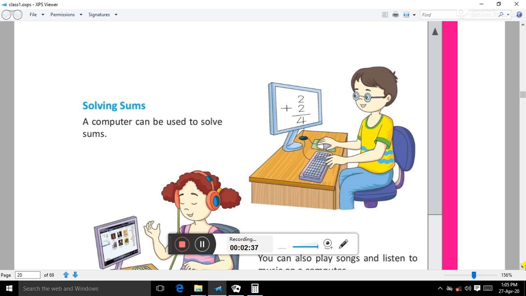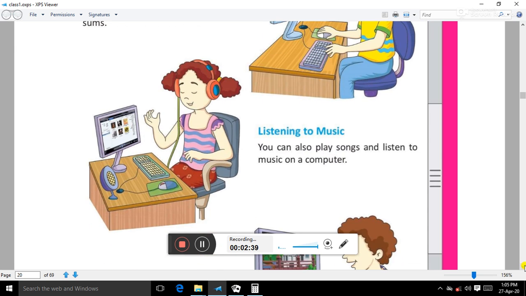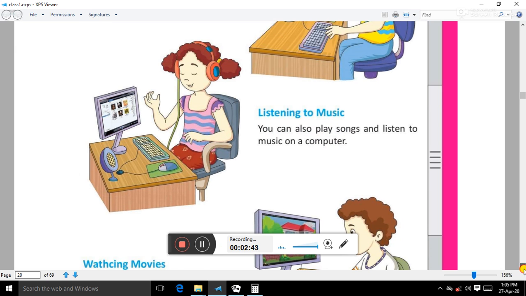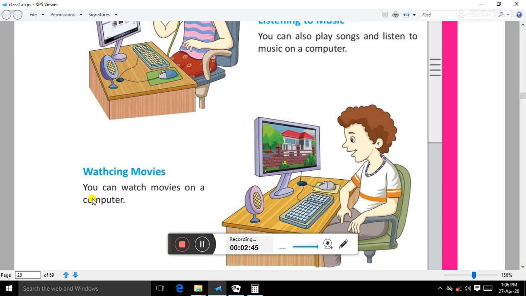The third activity which you can perform with the help of a computer is that you can listen to music and you can watch a movie as well. You can do all of this with your computer system. By default there is a DVD player, and the name is Windows Media Player. So you can just watch any movie or video in that, right?